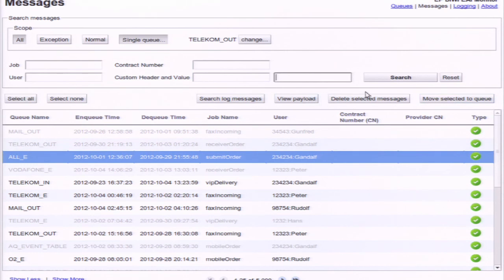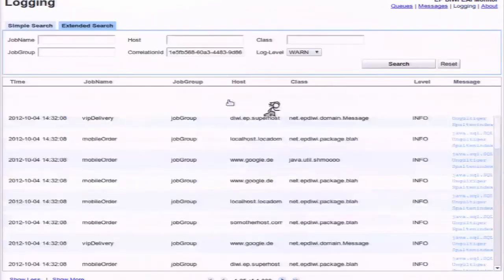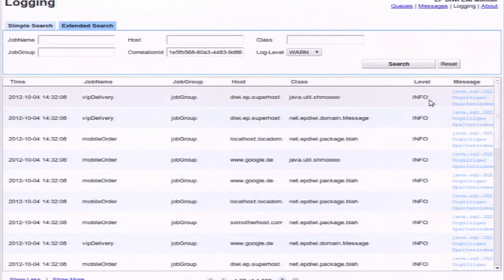What we also added here is to search for log messages. That's basically the connection of each of the nodes that were processing the message, that were executing some steps on them, and they all send their logging data to a central system that stores it in the database and adds the correlation ID of the message, so that we can track down individual log messages to individual messages. That makes it much easier to actually see what the cause of the problem may have been.